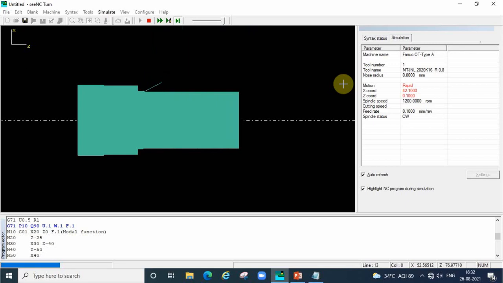For writing CNC program, we have to memorize some important G codes and M codes. What type of unit we are following, what type of feed rate we are following. These things we must know.